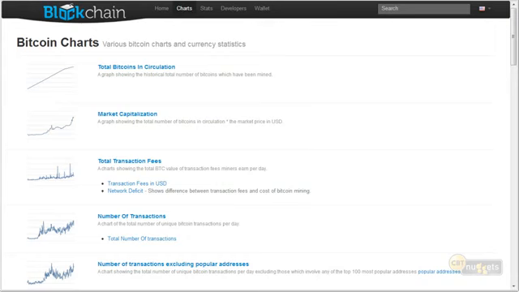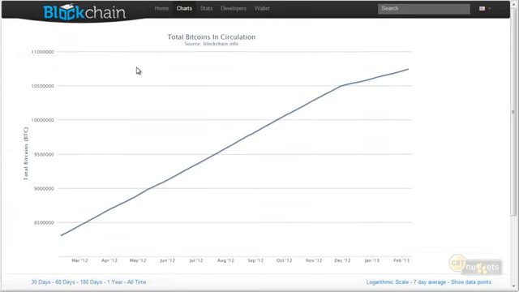On Blockchain Info, they've got a lot of really great information right there at our fingertips. If we go to Blockchain Info, go to charts, it has total Bitcoins in circulation. So this chart represents the fact that previously they were handing out 50 new Bitcoin for every block that was solved. And every 210,000 blocks, it goes to half that amount. So right here, they're now handing out 25 BTC when a block has been solved by one of the miners. And then that'll go down and down further.